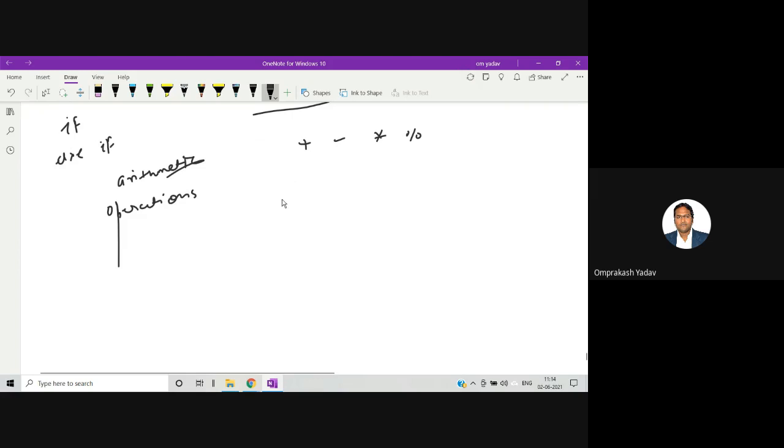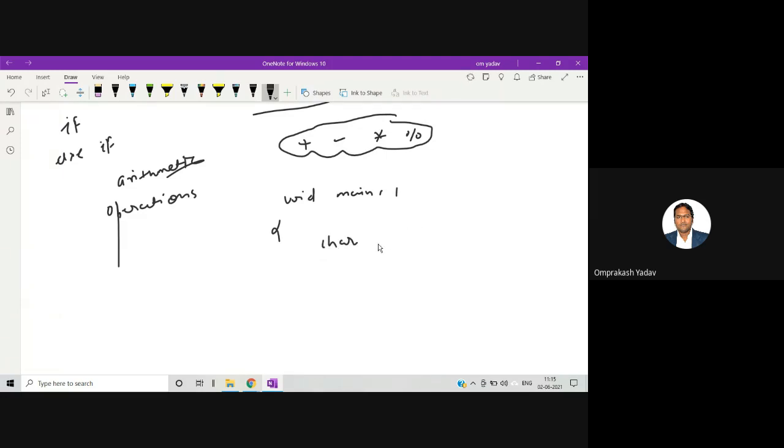So I'm writing the program, void main. Since the user will enter the operation as a symbol, I'm taking a char variable, ch. I'll be storing the symbol inside this variable, and I'll take 2 numbers also, int a and b, because for performing the arithmetic operation, I'll be requiring 2 numbers.